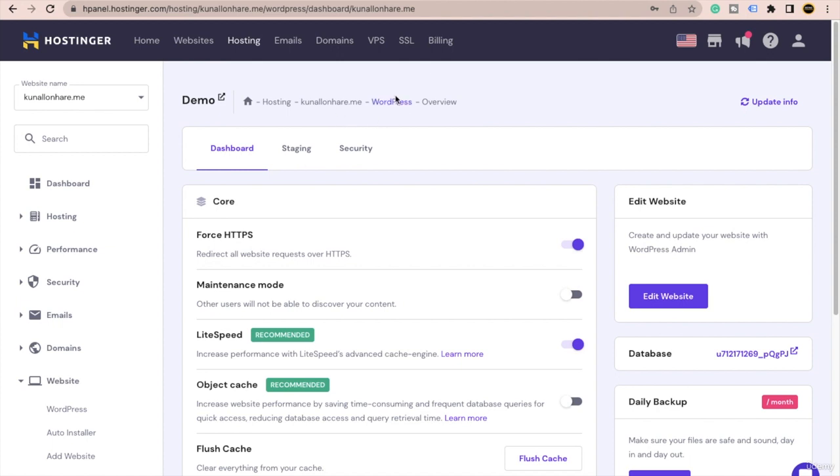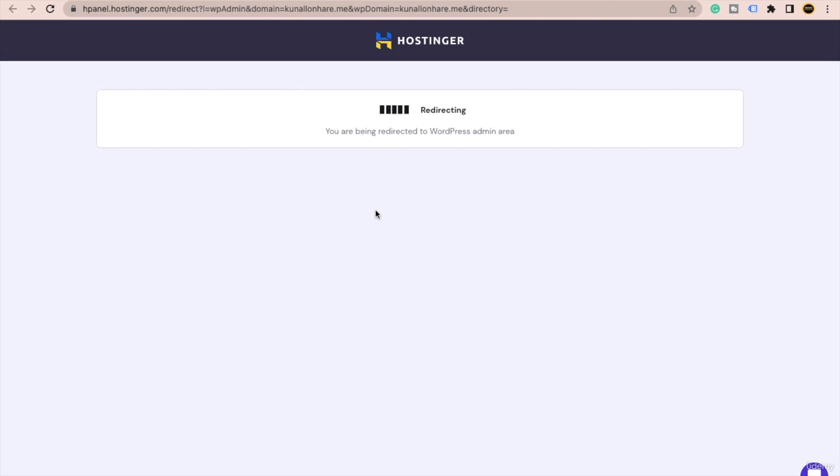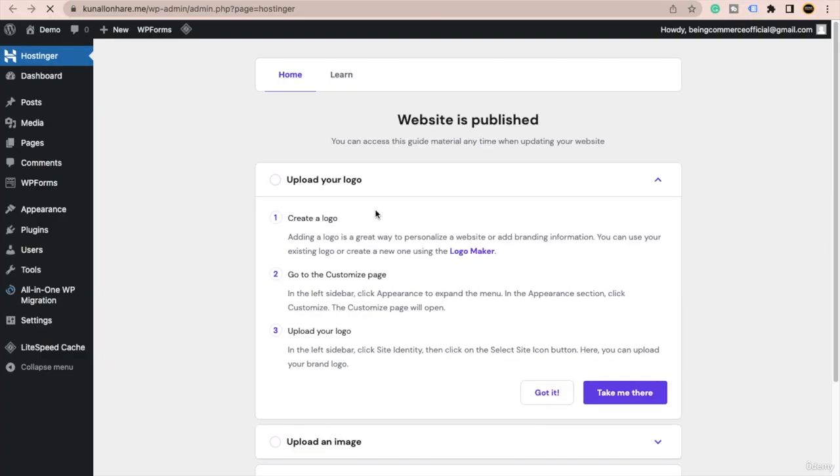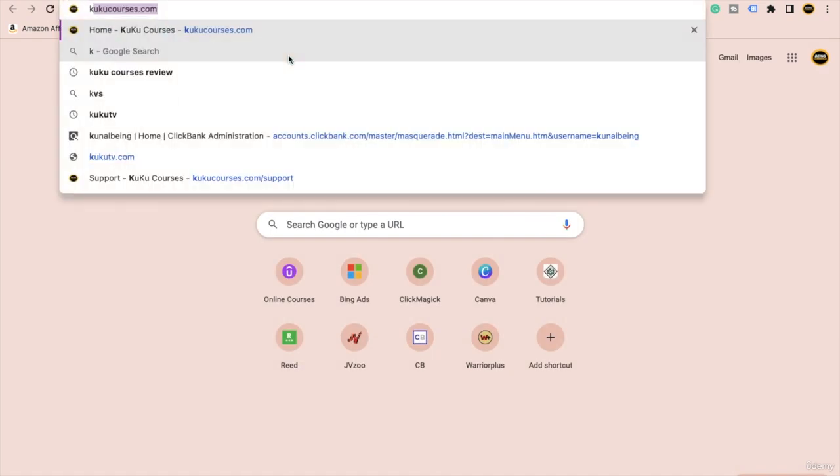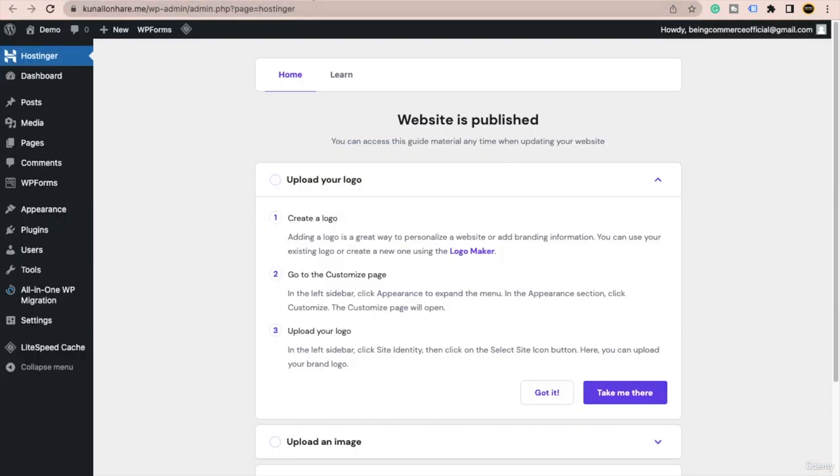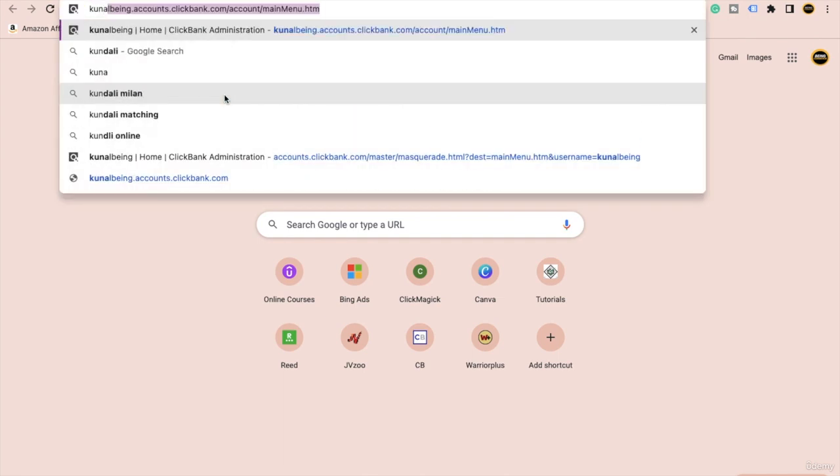You can of course go to your hPanel, and from here you can just edit the website. It will open your WordPress dashboard from the panel. But I will also tell you how you can access your WordPress website without going to hPanel again and again. You just need to do one very simple thing. You just need to type whatever domain name you have. In my case it's